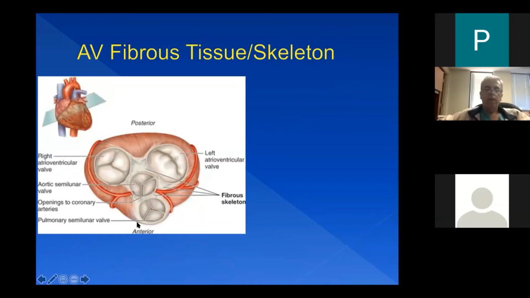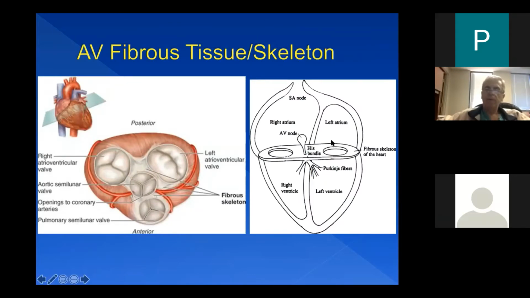If we cut the atria and look down to see the AV valves, the tricuspid valve here on the right, the mitral valve, the aortic valve, and the pulmonic valve. Each valve has leaflets and an annulus, and these valves are connected with a fibrous tissue. So you can think of the heart as two top chambers and two bottom chambers separated by a fibrous tissue that does not conduct electricity. The only electrical connection between the top and the bottom chambers you have basically is the